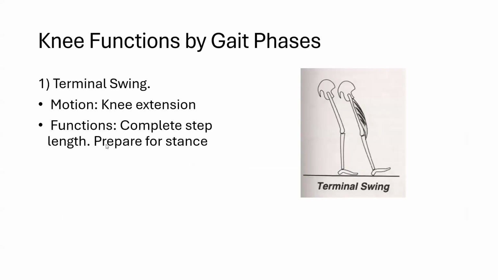So coming to each individual phase, we'll be starting with the terminal swing. I'll be recapping some parts where Mohit was describing what happens at the ankle, and then we'll go to the knee, to understand it clearly. Previously, as we discussed for the ankle, the motion is ankle at neutral, and the function is to prepare for the initial contact. During terminal swing, the knee must reverse its earlier flexion movement and come into full extension. This requires active quadriceps contraction, particularly from the four vasti,